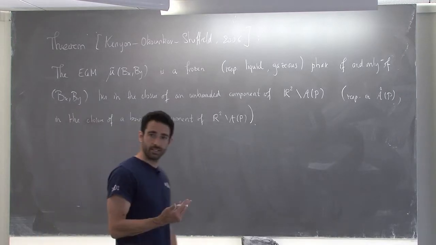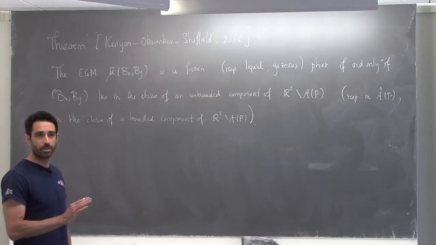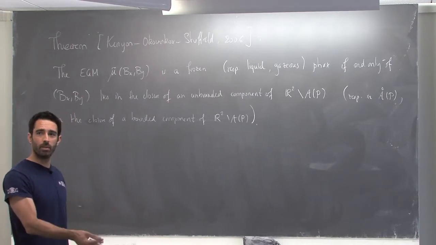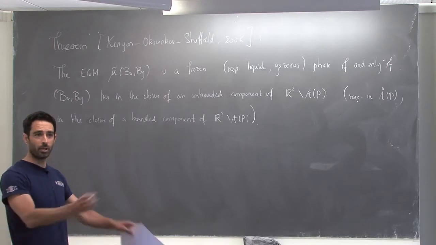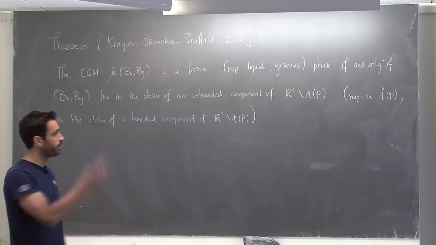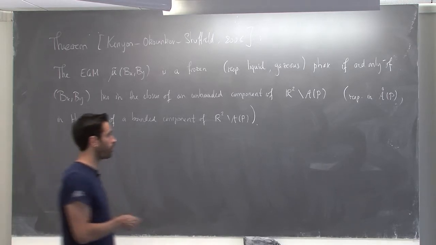So there are three phases. There are three possible positions of a point with respect to an amoeba. You can be in the amoeba, you can be in an unbounded component of the complement, or you can be in a bounded component of the complement. These correspond to the three phases. Moreover,